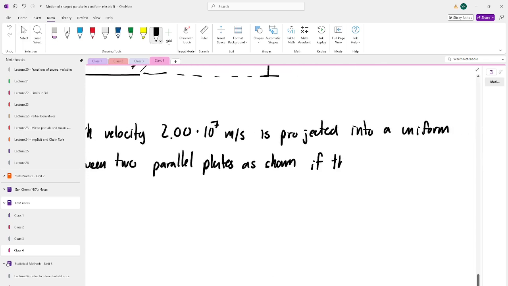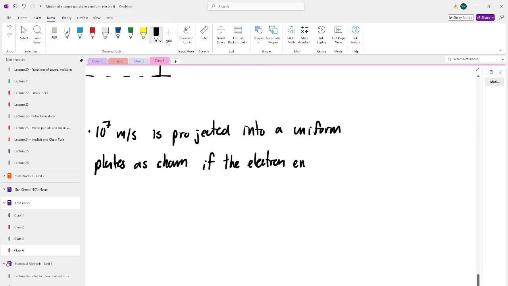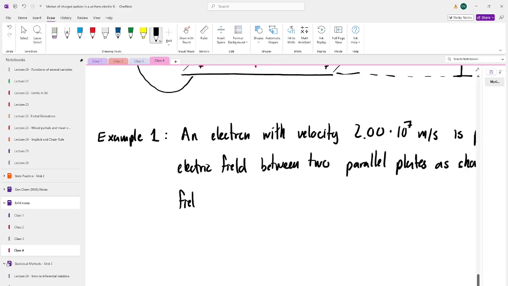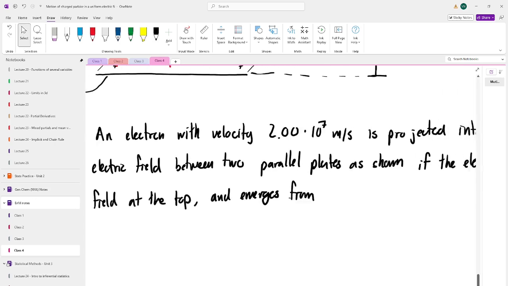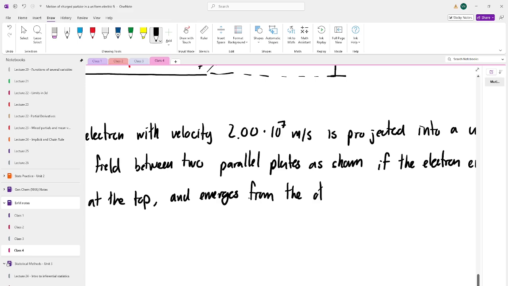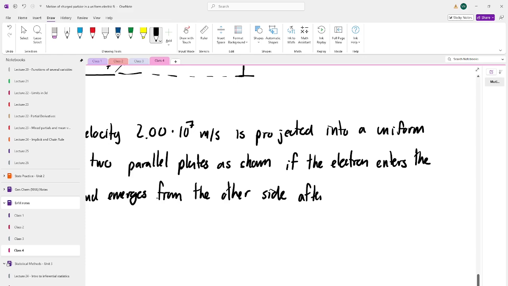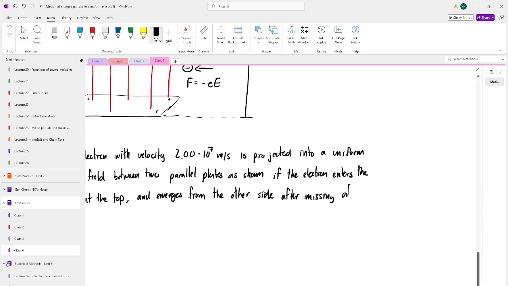If the electron enters the field at the top and emerges from the other side, after missing the bottom plate as shown,